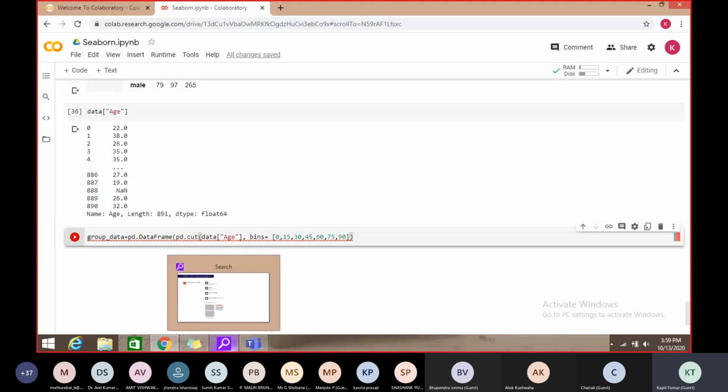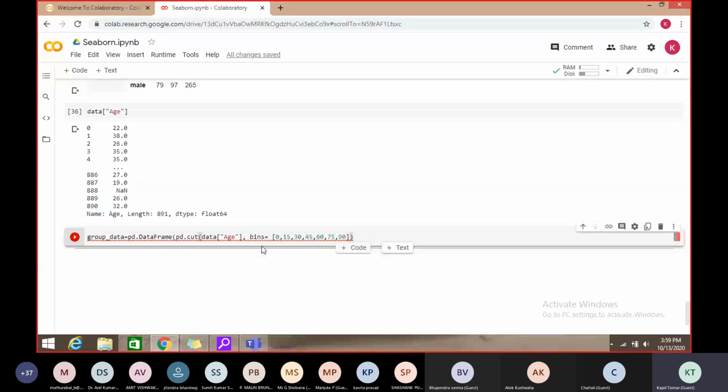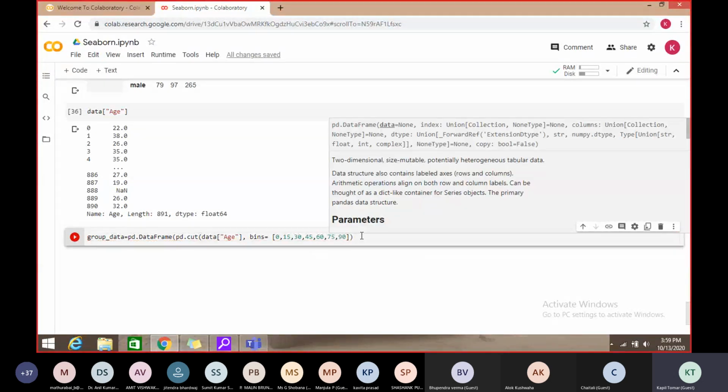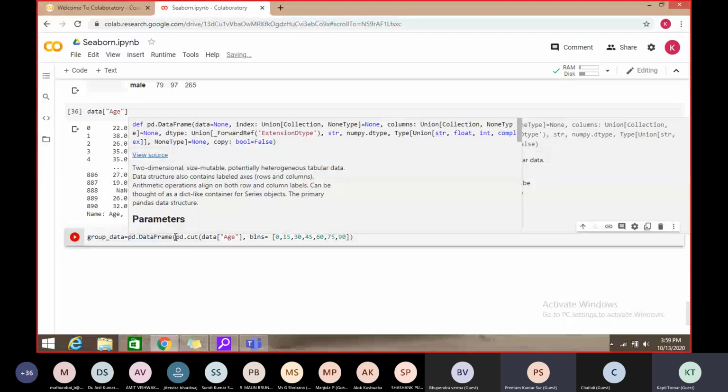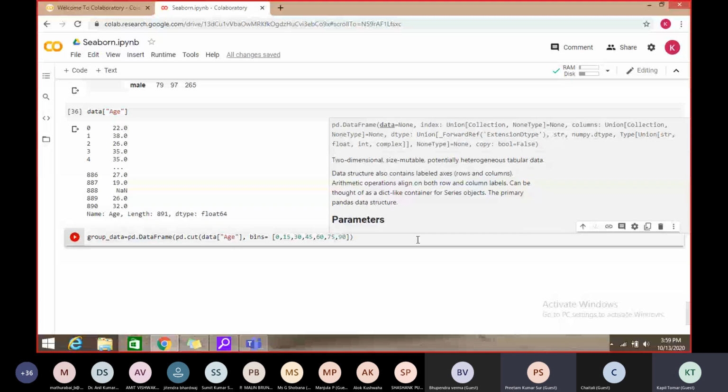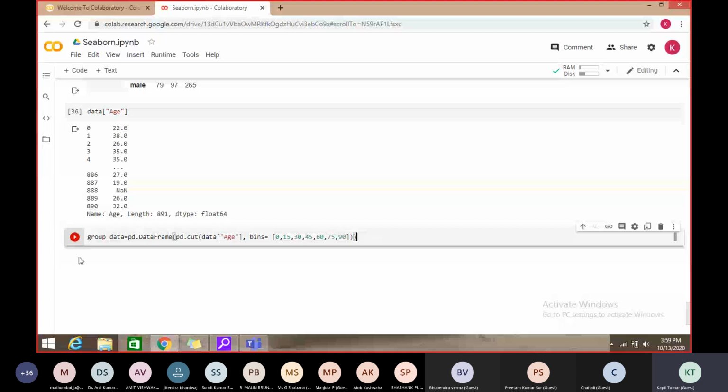Then data age. Okay, then bins is equal to this. Sir, there will be one more closing bracket, I guess. At the last, yes, sir. Okay, yes, you're right, sir. This is 1, this is 2. Check.